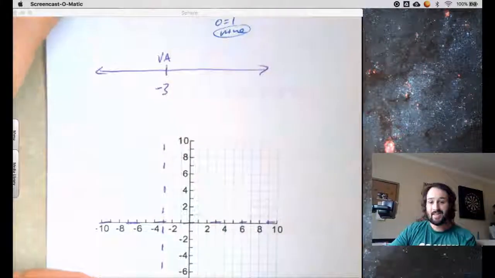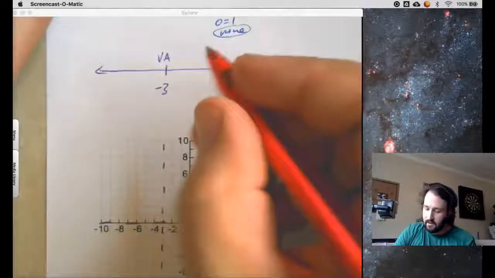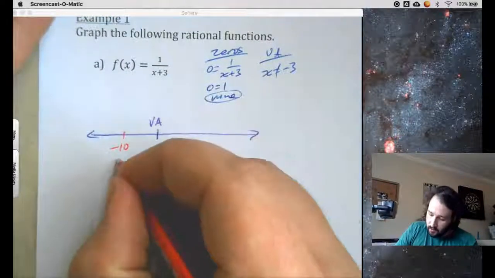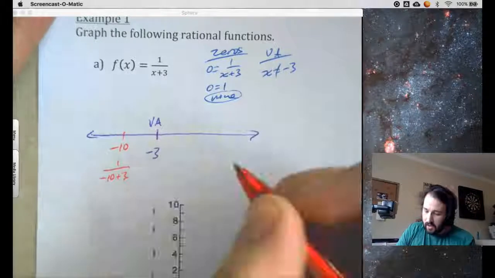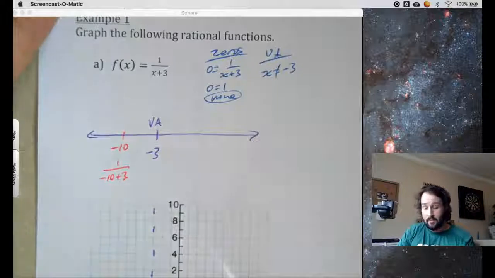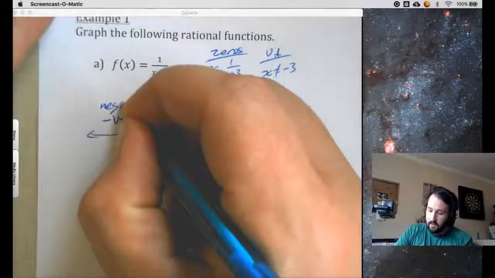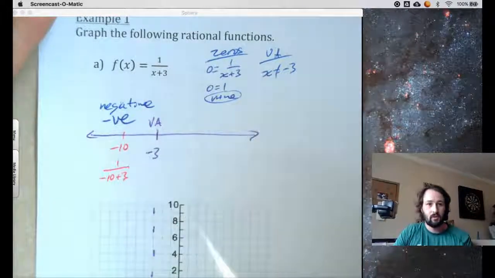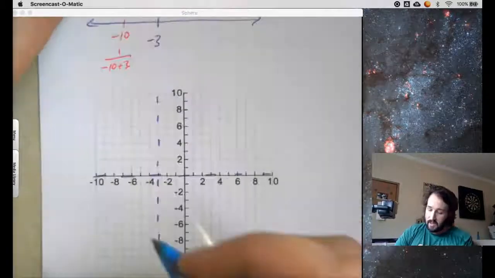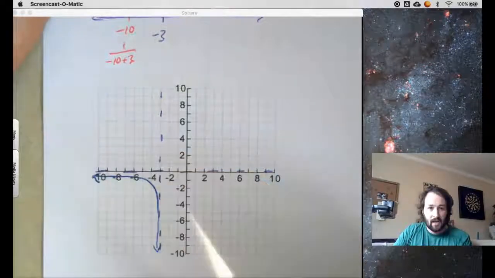So now, the test values, the test numbers, what they mean is pick something to the left of negative 3, say we do like negative 10. If I substitute x equals negative 10 and I do 1 over negative 10 plus 3, the value that comes out is 1 over negative 7. The thing that I care about that number is that number is negative. Minus VE means negative. See, it takes too long. That's why I write minus VE. Negative means negative, or minus means negative. So what that tells me is that I will be all down here